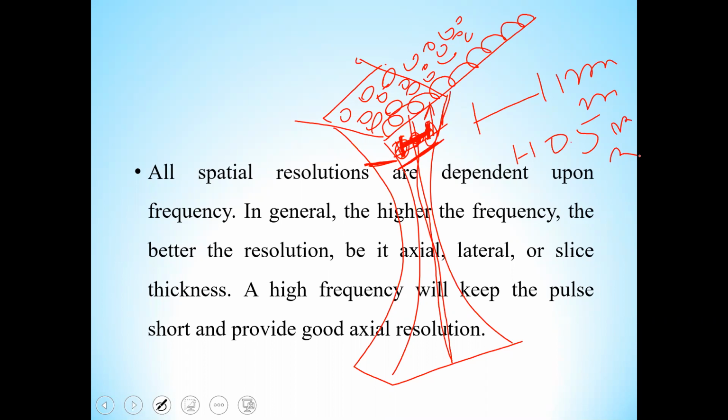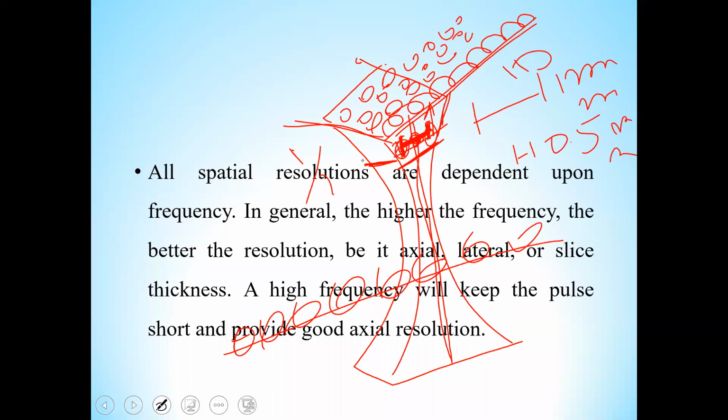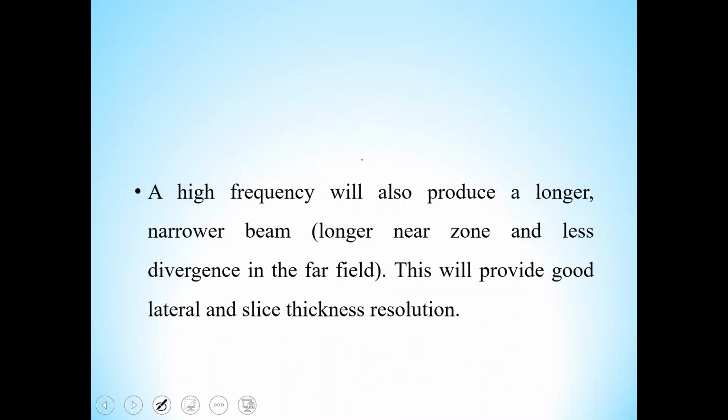तो मैं आप लोगों को ये बता दूं कि ट्रांसड्यूसर की कंस्ट्रक्शन में इनिशियली सिर्फ एक रो एलिमेंट का यूज हो रहा था। अब इस एक रो में जो बीम बन रहा था, इसको थिकनेस वाइज कंट्रोल नहीं किया जा सकता था, इसको फोकस नहीं किया जा सकता था। तो फिर बाद में इसमें मल्टीपल रोज बने। इसको इसलिए 1.5D कहते हैं क्योंकि इसमें 1 डायमेंशन कंप्लीट है और दूसरा डायमेंशन हाफ है। यानी एक खुद कंप्लीट रो है और दूसरा हाफ डायमेंशन है, और ये हाफ डायमेंशन is just for focusing the beam thickness wise। तो ये स्लाइस थिकनेस रिजोल्यूशन है इसको एलिवेशनल रिजोल्यूशन भी कहते हैं।